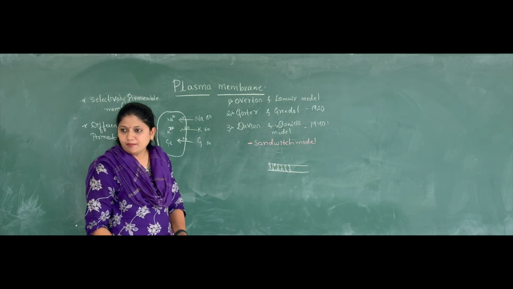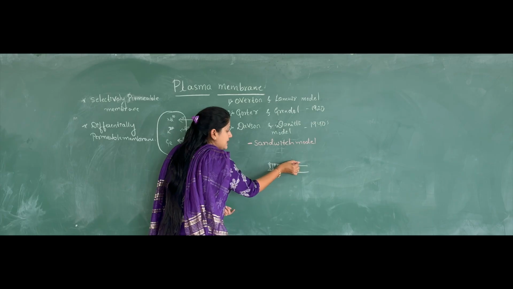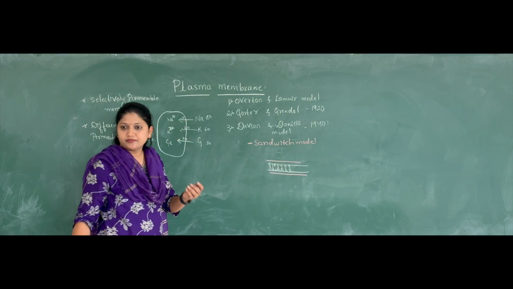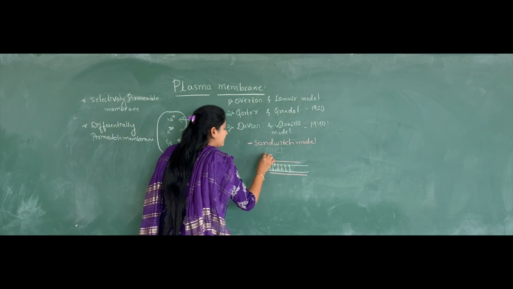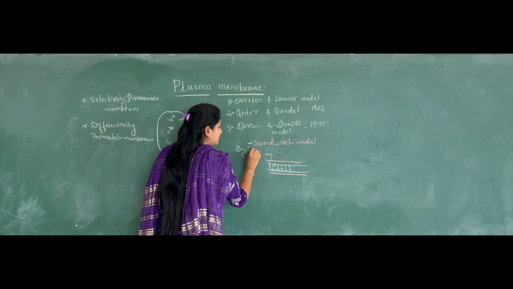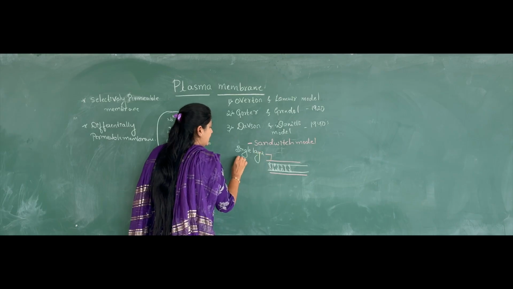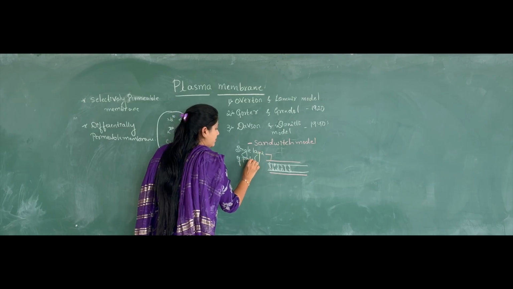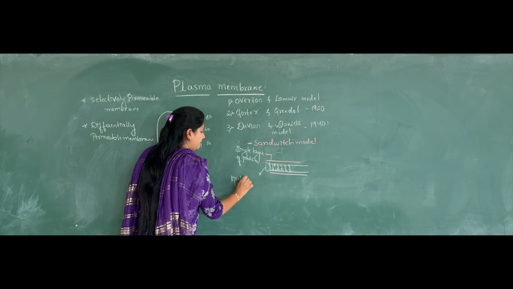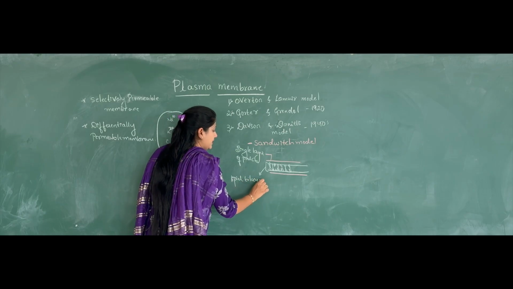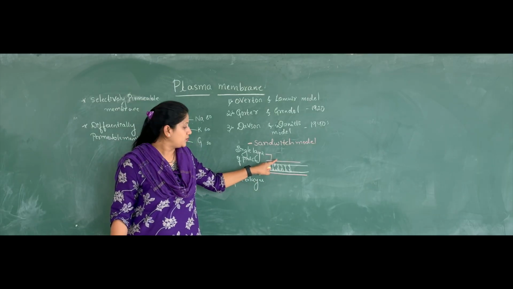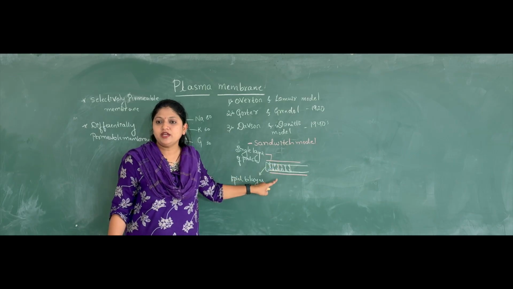So this bilipid membrane is surrounded by a single layer of protein on one side, and a single layer of protein on the other side. This is the lipid bilayer. So a lipid bilayer is sandwiched between the single layers of proteins.